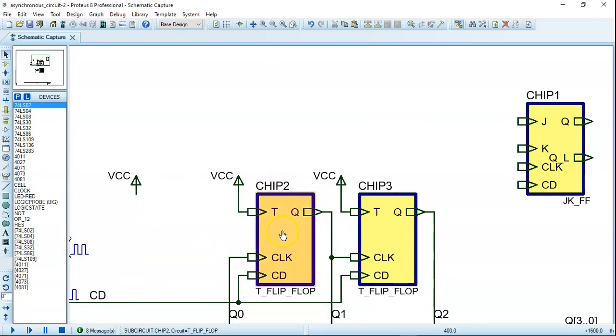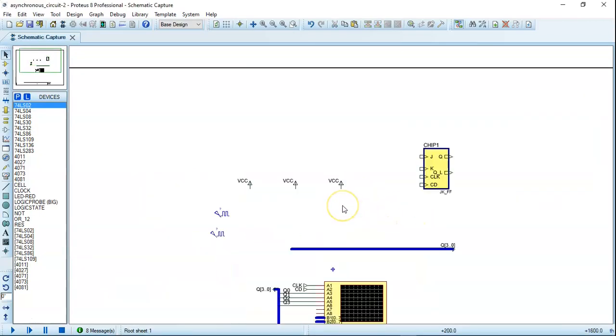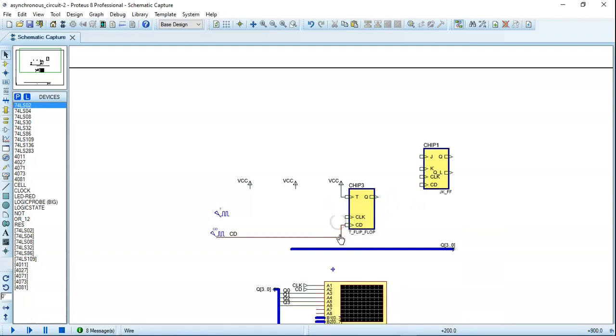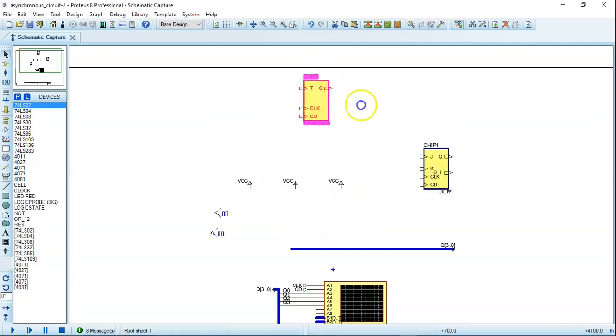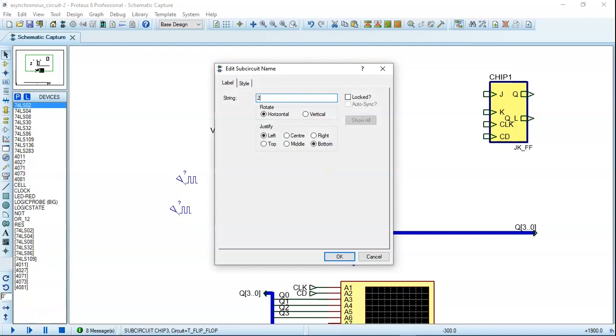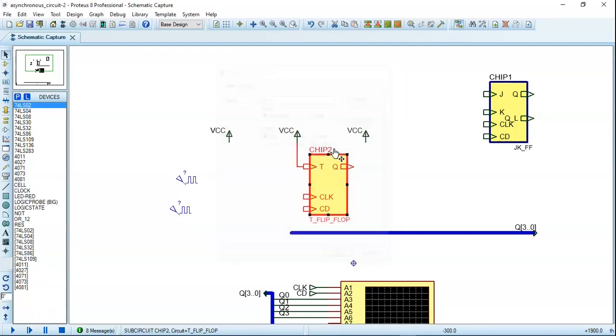So it's time to get rid of the other chip. Well, let's leave at least one of them. Let's set aside, for example, the one which is really a T flip-flop, the chip 2. The chip 2 is a T flip-flop because there is no difference between a GK with the K and the J connected together, and this is the same as the T. So the chip 2 is nothing but a T flip-flop,